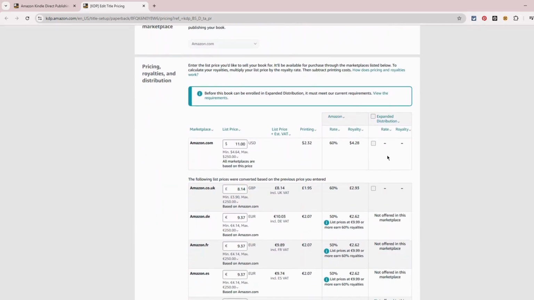Here, you will see a breakdown for each marketplace. For example, I set my list price to $11 on Amazon.com. The printing cost here will be $2.32 and the royalty rate is 60%. So my royalty comes out to